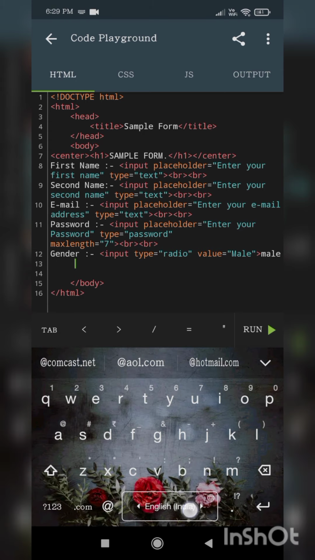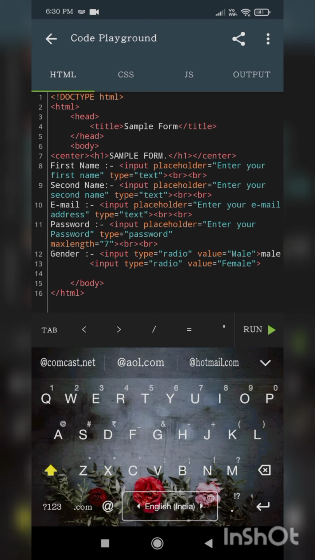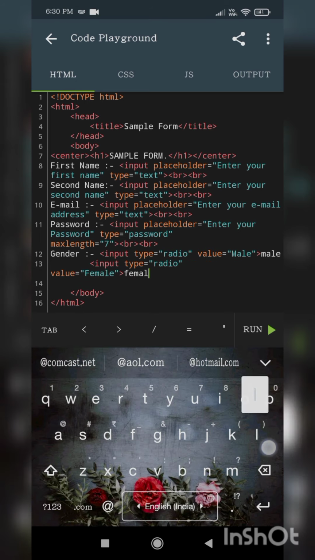Then you will also have input, again type radio, and value female, and again write female. I'll keep capital letters here also.